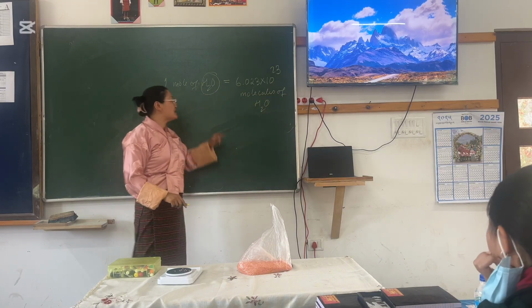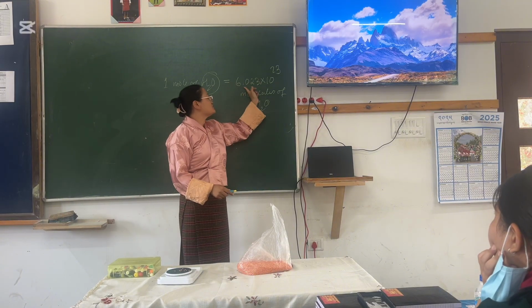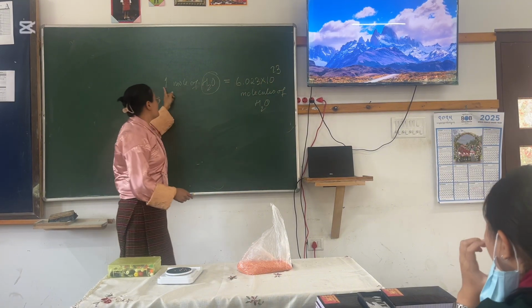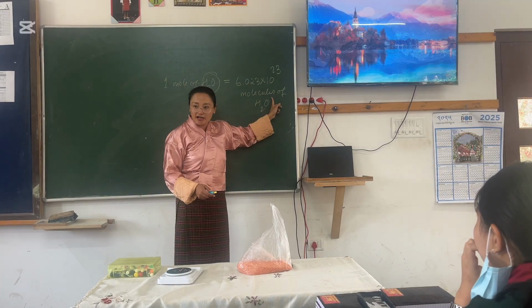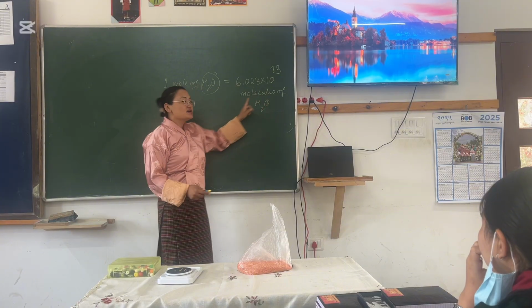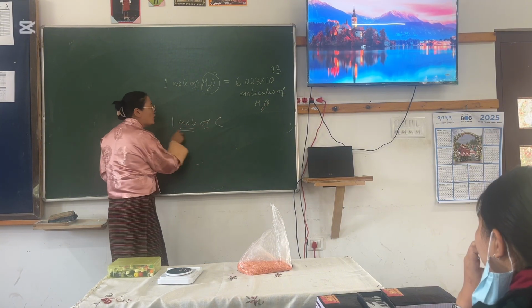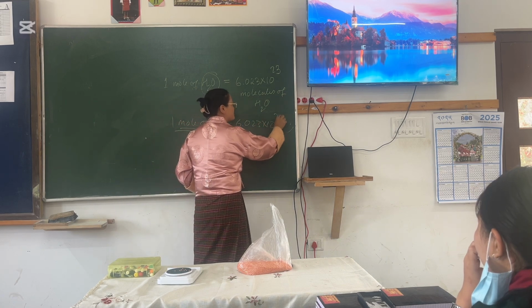There is a misconception. Many people write 1 mole of water, and sometimes you write this many grams. It is just a number. If I say 1 mole of eggs, it will be this many eggs. Right now it is molecules, that's why it is molecules here. So when I said bring me 1 mole of carbon, remember mole is just a number which is 6.023 times 10 to the power 23.